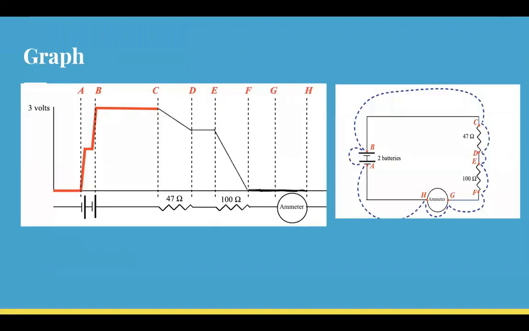This is the graph, so you can see when current enters the 47 ohm resistor, the voltage decreases a bit, and then it steps up because wires in this experiment have no resistance, but in reality they do have some resistance. And then when the current passes to the 100 ohm resistor, it again goes down,